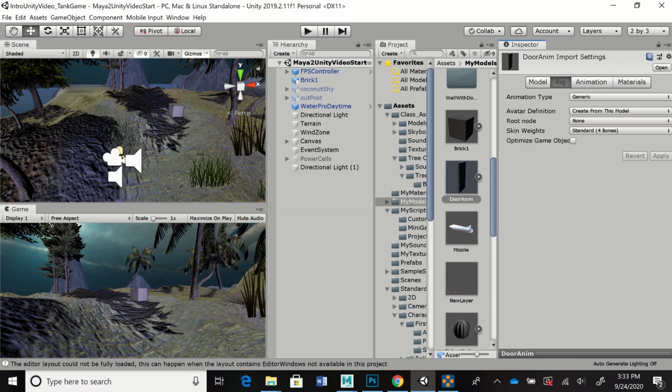And then go to Rig, and we're going to use Legacy. So Legacy is for animation that is using the older animation component. And it's actually the fastest way to check your animation that you're importing into Unity. The newer one, the current one, is Generic, and that's going to actually create an Animator component on your object. But I'm going to use Legacy